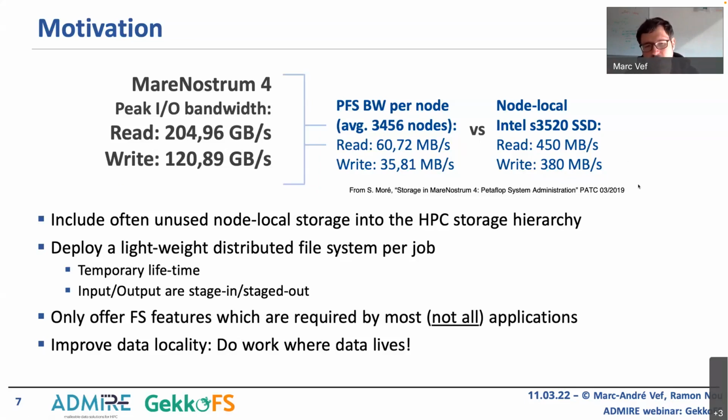And we want to deploy a lightweight distributed file system on a per job basis that has a temporary lifetime, in which we stage in the input